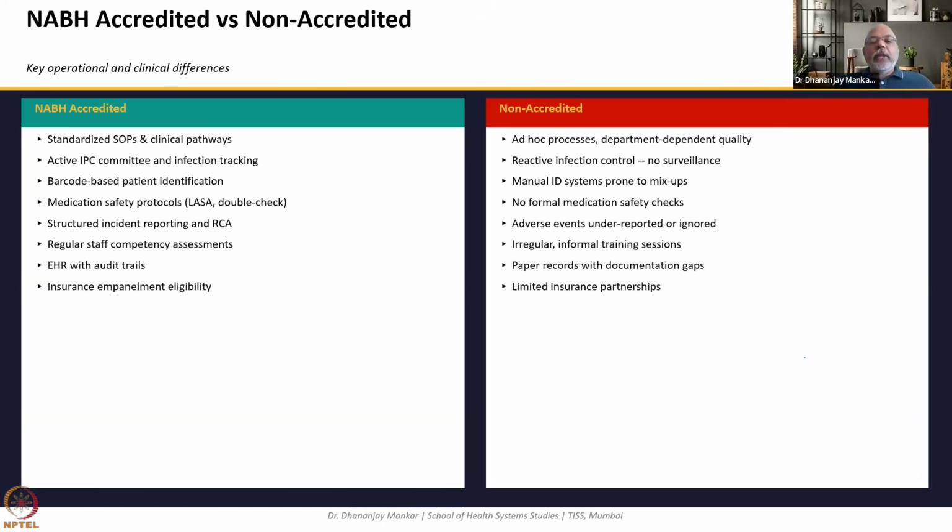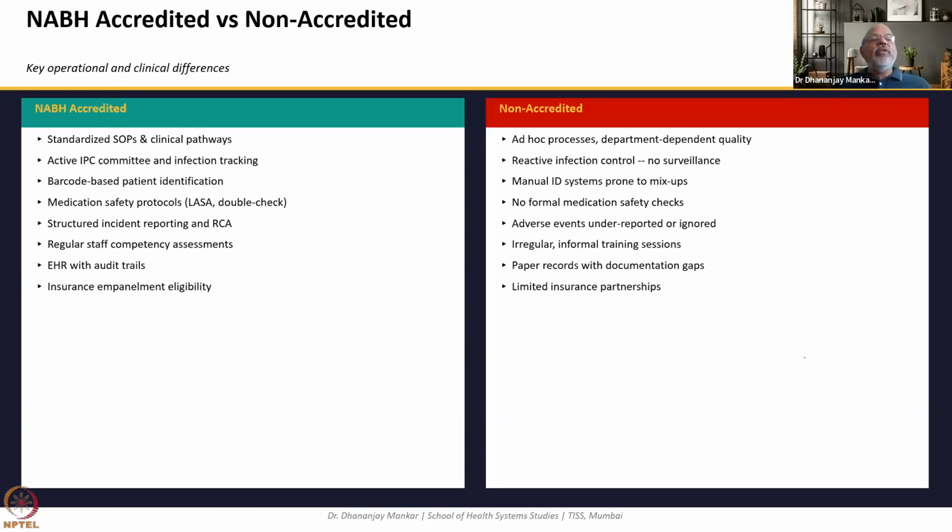No formal medication safety is seen in non-accredited hospitals, and the manual that you talk about quality is nowhere seen. Many times you may find that people who are into clinical work take it very casually, even those approaches which come as major adverse events, and they really don't come with the mind, and their workload very much increases.